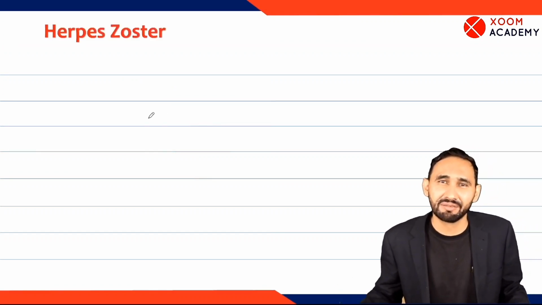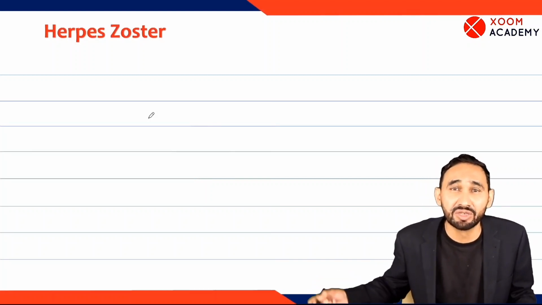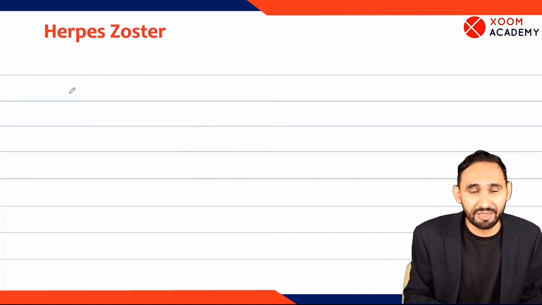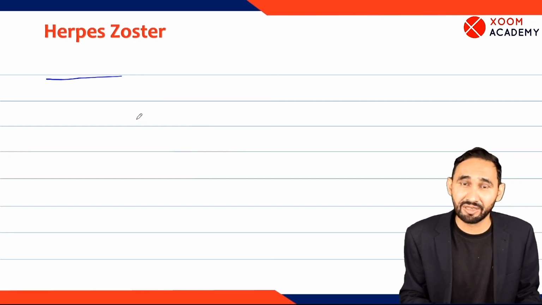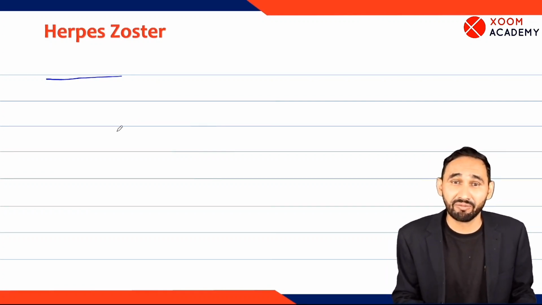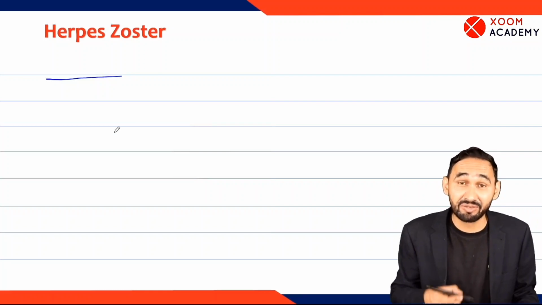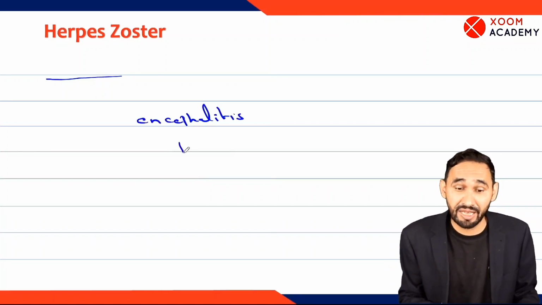Sometimes the virus becomes dormant and after a few years it spreads through nerves, spinal nerves. It can cause herpes zoster infection. Herpes zoster is a complication, or we can say that after remaining dormant, the virus reappears after 10 to 20 years and causes herpes zoster. And herpes zoster spreads to nerves and can cause encephalitis. The virus spreads to the brain.